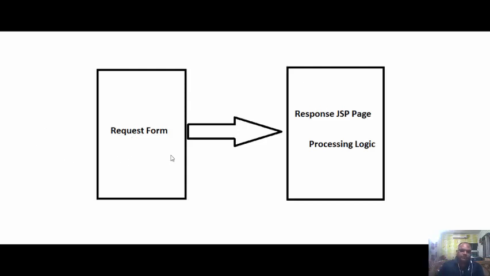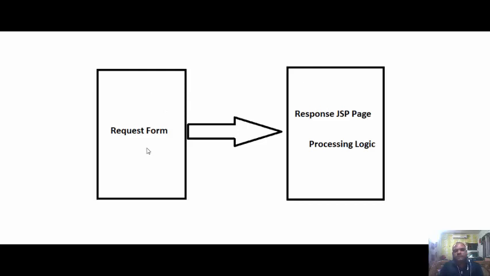Now this request form we build using HTML. We used almost all the web controls like input type equal to text for the text field, input type equal to radio button, input type equal to text area, input type equal to checkbox, even the drop down list. By using all the web controls or other HTML controls, we are able to build the request form.